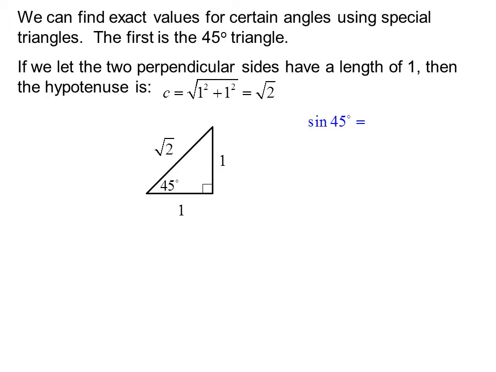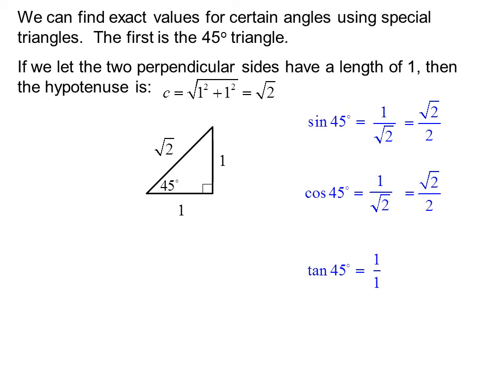So the sine of 45 degrees is 1 over radical 2, or radical 2 over 2. The cosine of 45 degrees is 1 over radical 2, or radical 2 over 2. The tangent of 45 degrees is 1 over 1,